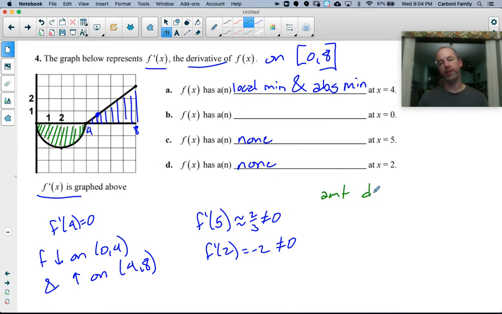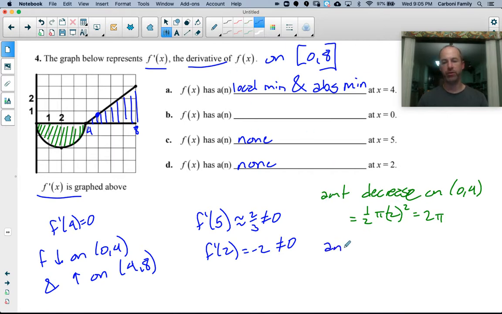So the amount decrease, that's on 0 to 4, is equal to half the area of that circle. So 1/2 pi r squared, where r is 2, and that ends up being 2 pi. So we decrease 2 pi, and then the amount increase